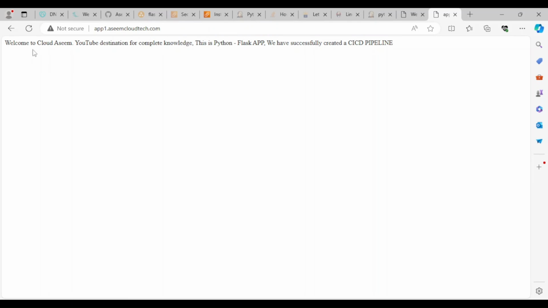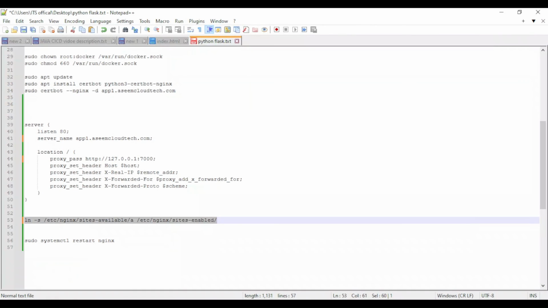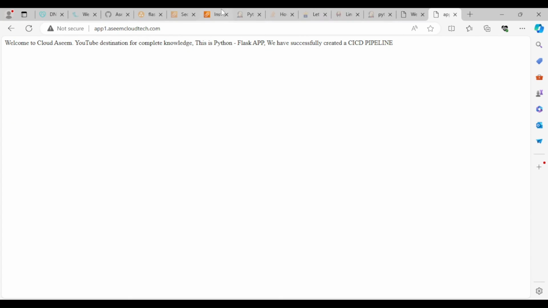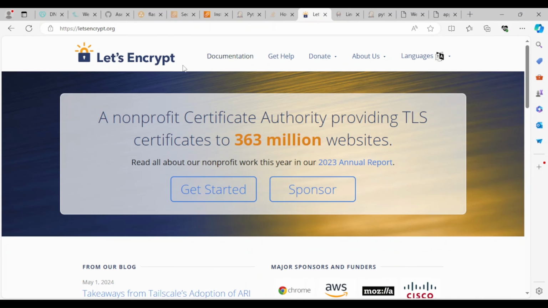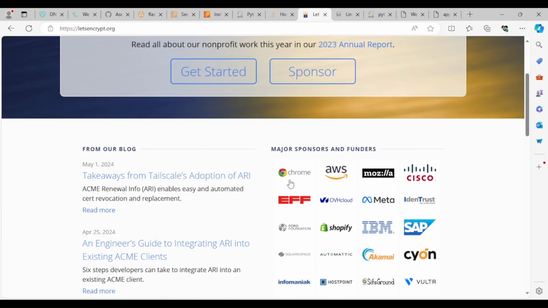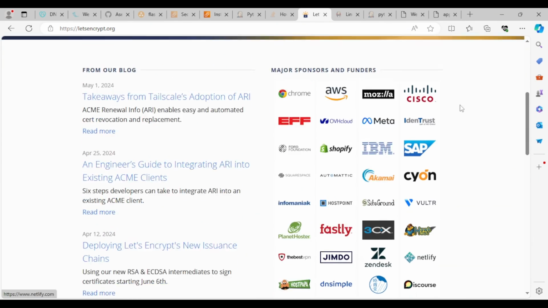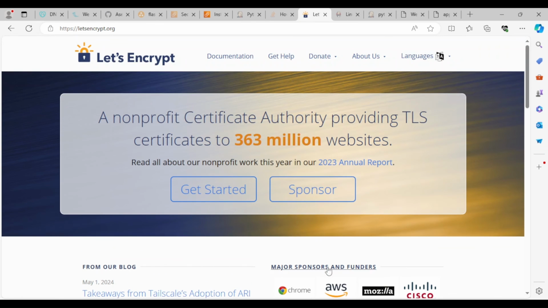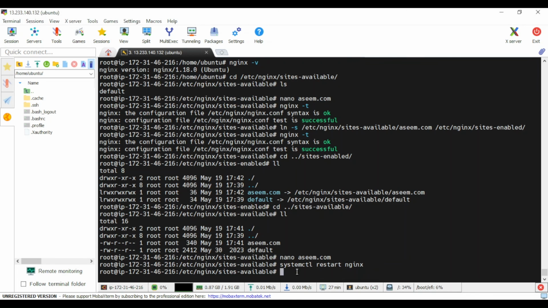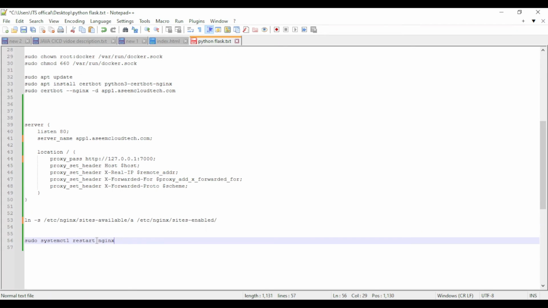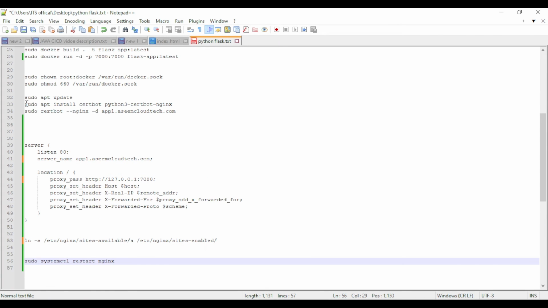Okay, so now what we are going to do is add an SSL certificate. To add the SSL certificate, we have one free organization, that is Let's Encrypt. They provide free CA certificates, right? And it's used by multiple providers also, right? So we are going to add an SSL certificate for that. For this case, let's go and install